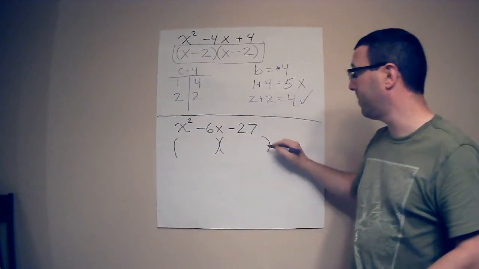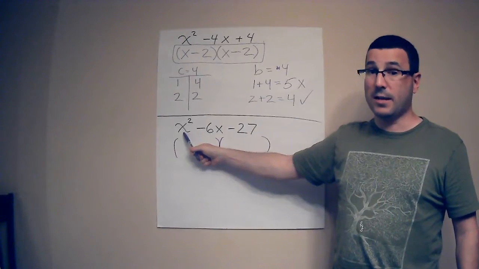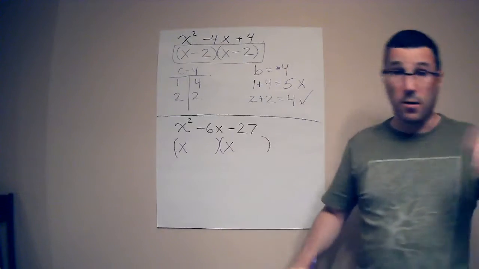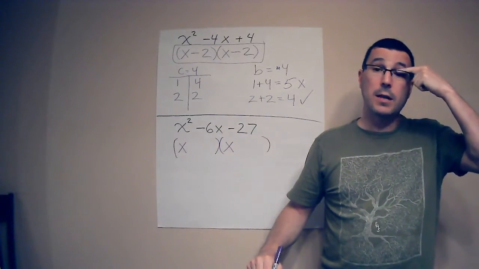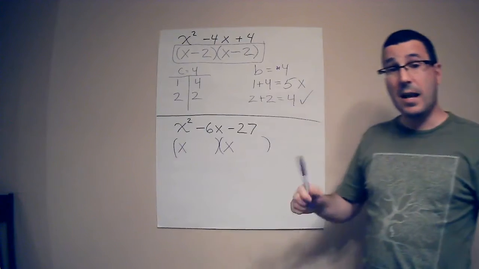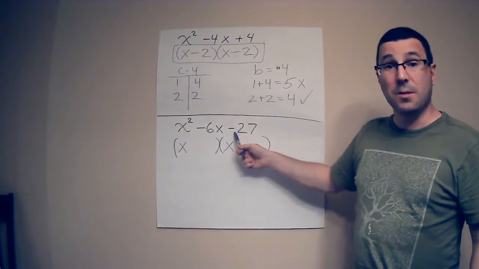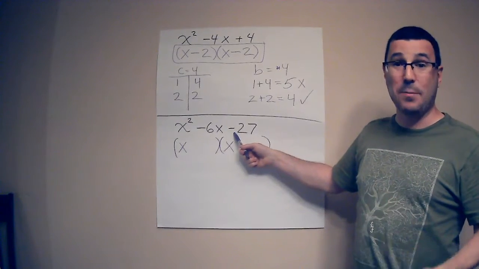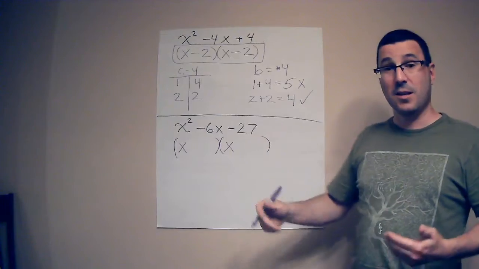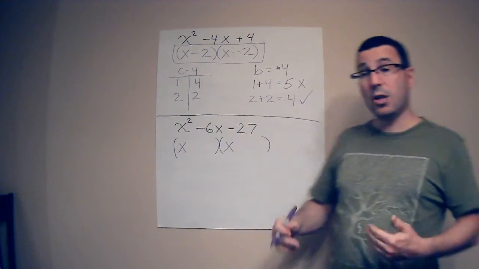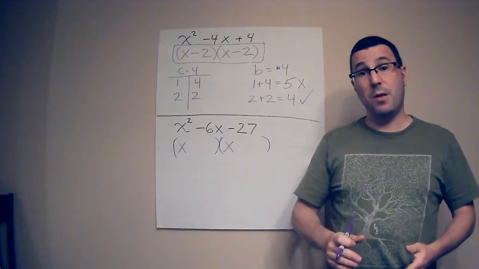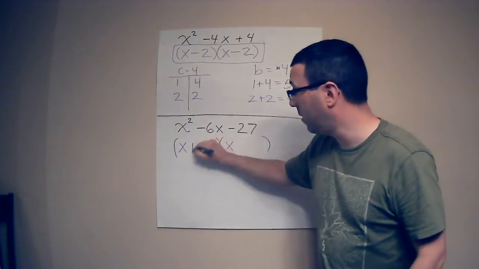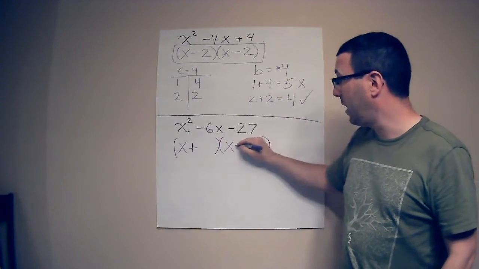two parentheses. I have x squared. That means I have to have an x at the front of both parentheses. Alright. Then I look at the last term. It's a minus. Minus means I need the opposite signs in both parentheses. Alright? Different operation. Because the only way I get a negative number when I multiply is when I have a positive multiplying a negative. So I'm going to put a plus in the first parentheses and a minus in the